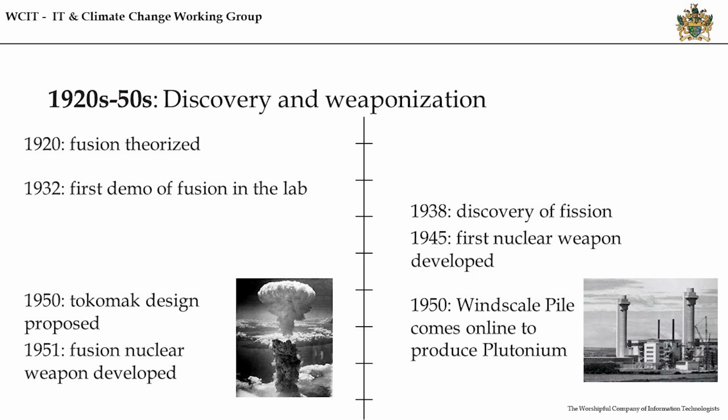So if we look at the history of fusion and fission, it's kind of strangely mirrored, but not necessarily by design. So I'm going to go through history. Fusion was actually first theorized in 1920. So that was 18 years before fission was even discovered. But we're still working to try and overcome those energy barriers that I talked about to actually harness fusion as an energy source. On the other side, fission, because it's quite straightforward and because of this chain reaction, was discovered in 1938. And within 7 years, they'd already developed the first nuclear bomb.